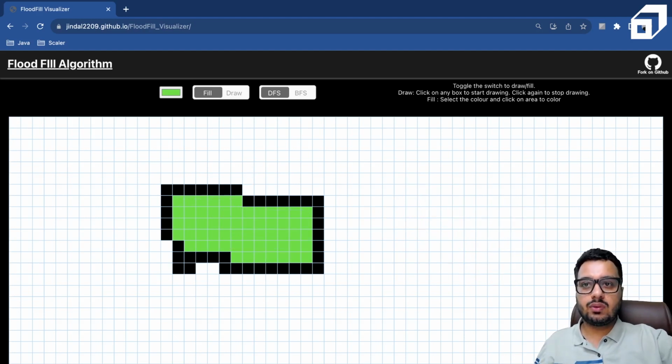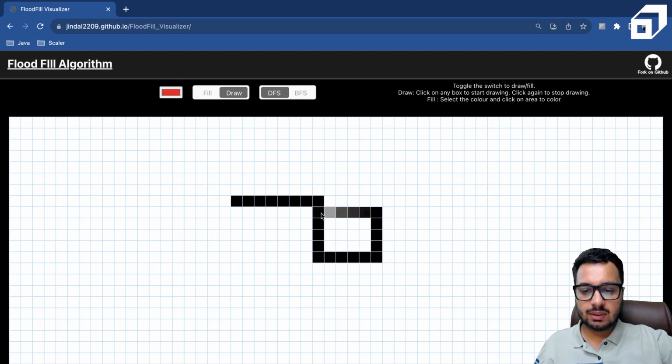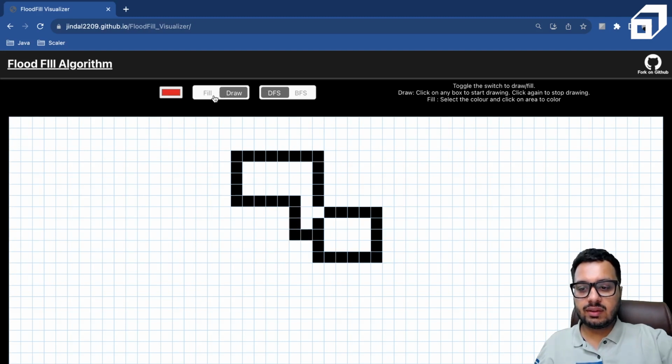So if you want to try out one more example, we can do that. So I'll just reload the page. I will click on draw. So I will draw a complex shape this time in which we have, let's say, two components, right? So now if I leave maybe a little bit of space here, right? Okay, now I want to fill, and now you can see in this region there is